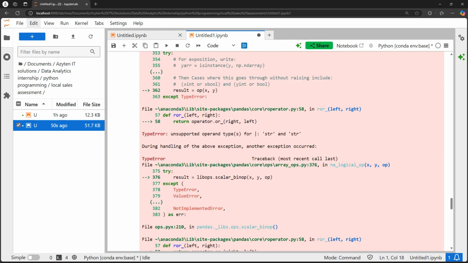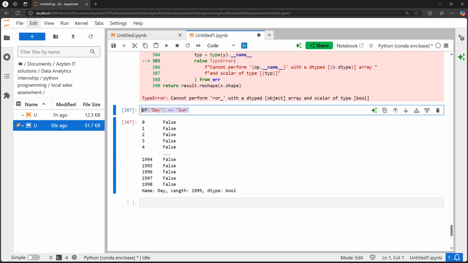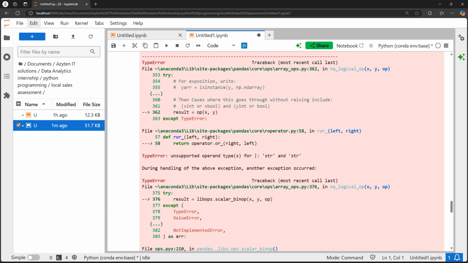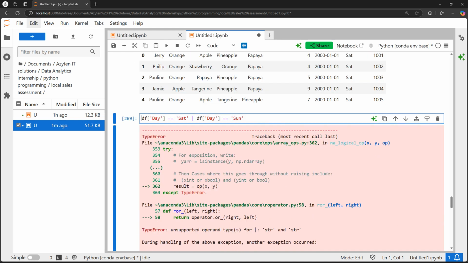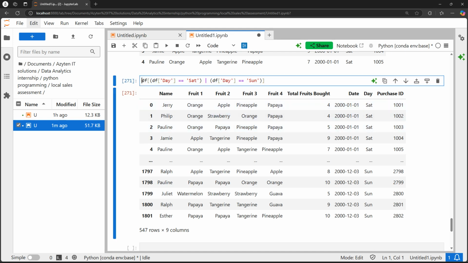Yeah, so it is showing some error because ordinarily I'm supposed to put it inside the data frame, so I'll put it inside the data frame. I'll also put it inside a bracket, if I remember correctly. This thing used to suffer me very much back in the day. So now I have a data frame for Saturday and Sunday, so I can just say weekend